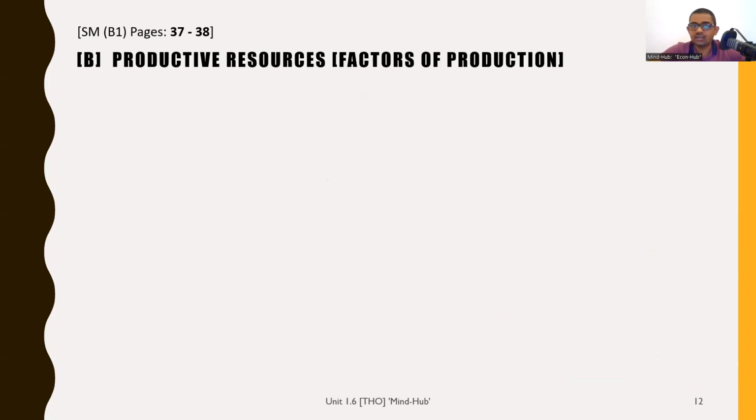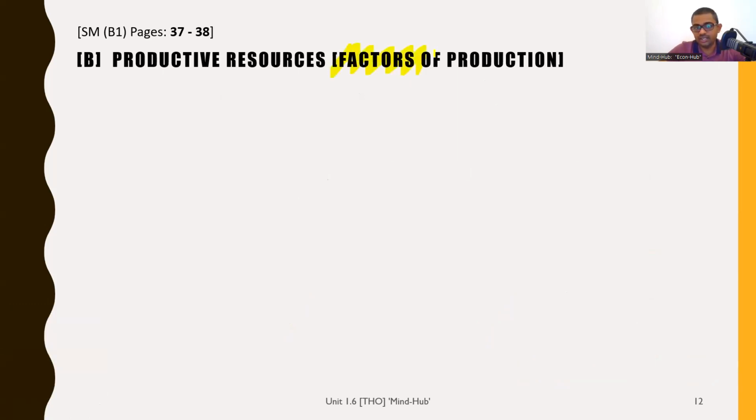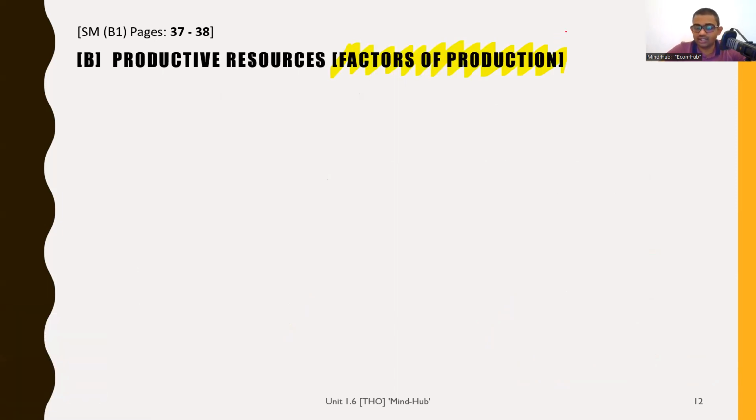Productive resources or factors of production. So this word, factors of production, sometimes we use it here. When we say factors of production, most of the time, the idea that should come to your head is,